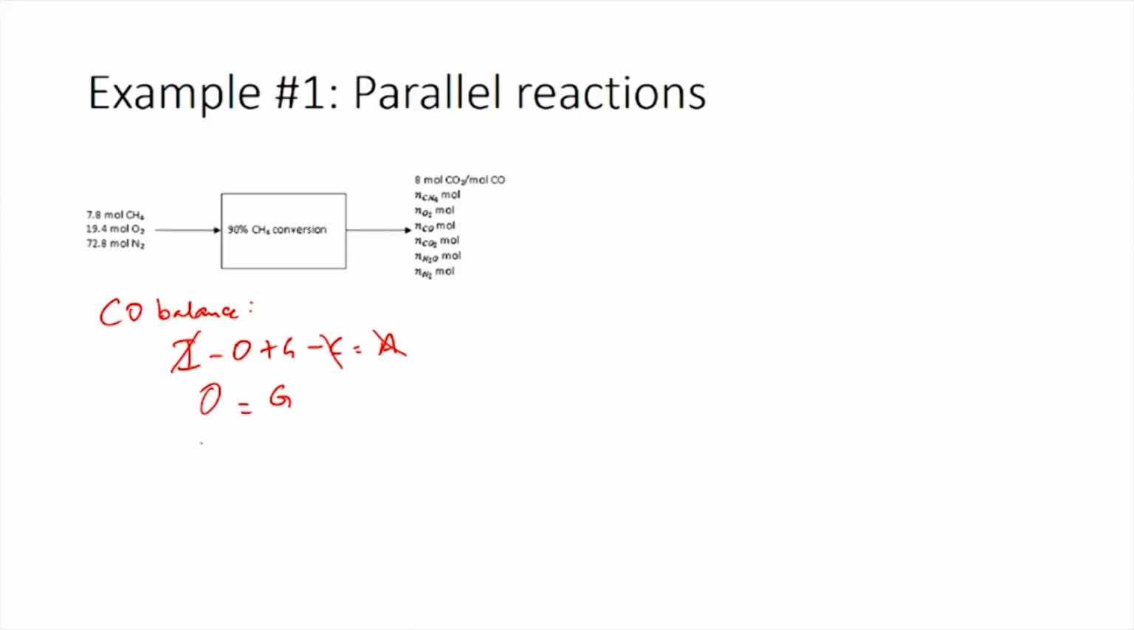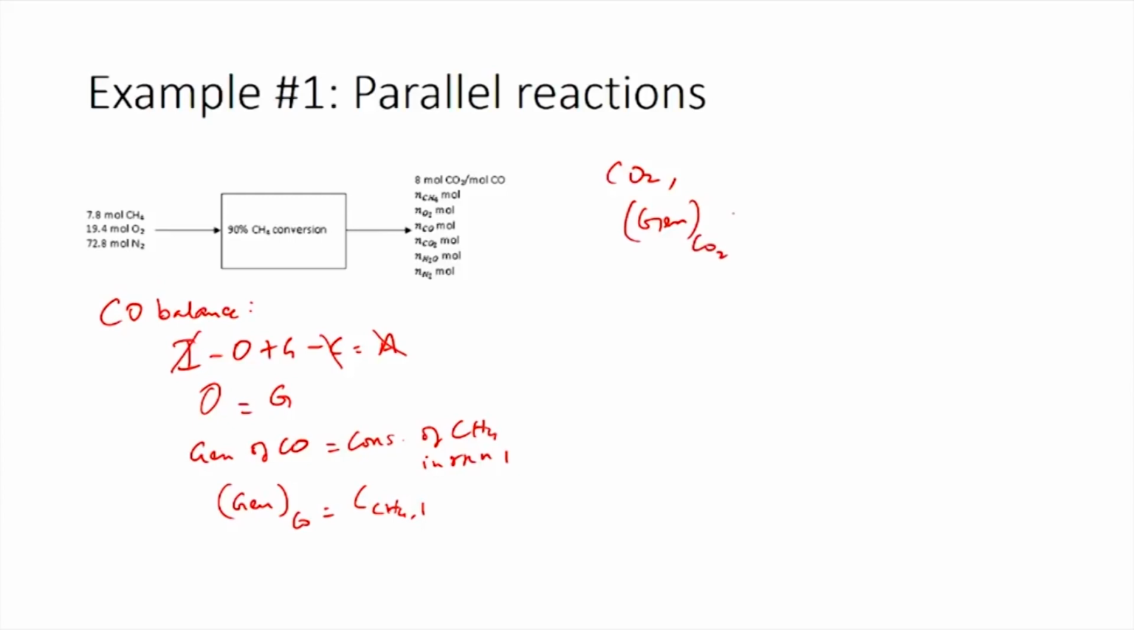So, let us call consumption of methane by the first reaction as CH4. So, generation of carbon monoxide would be equal to consumption of methane in reaction 1 based on stoichiometry. So, this generation term for carbon monoxide is equal to consumption of methane in the first reaction. Similarly, for carbon dioxide, the generation term would be equal to the consumption of methane in the